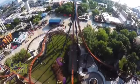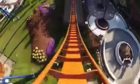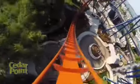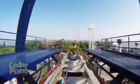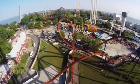So you hang here for a while, and then you go straight into the first 90-degree drop, and then straight into an Immelman. The Immelman is pretty fun, especially entering it. And then after that, you're gonna make this big sweeping turn into the brake run. Mid-course brake run, and then off this mid-course brake run you get another very steep drop, which gives some okay